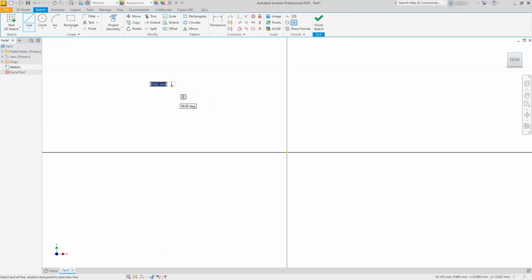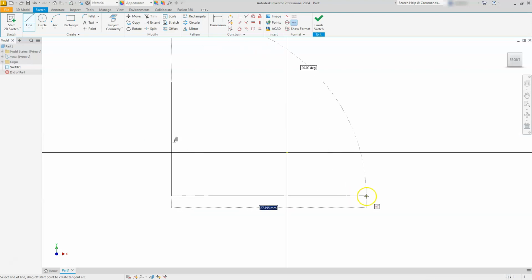And what I mean by that is that I'm just going to start creating the shape that I want to make. So I'm just going to start with the line command. I selected my first point. I'm coming straight down. You can see that I get a vertical icon. I'll go across this way,